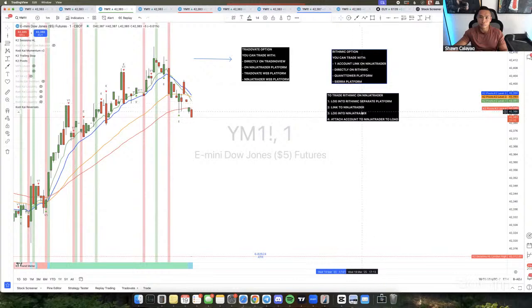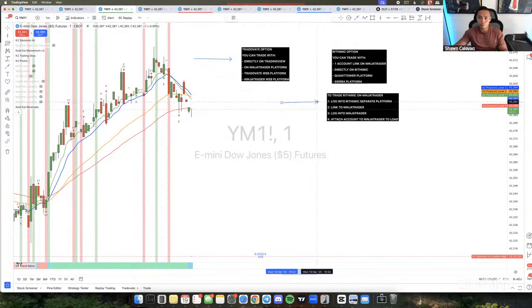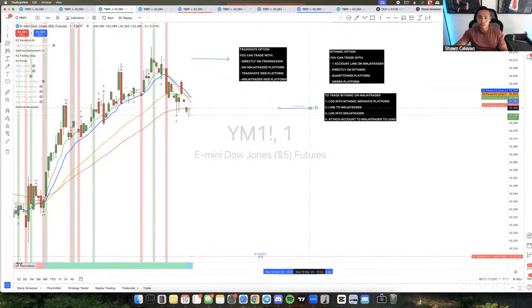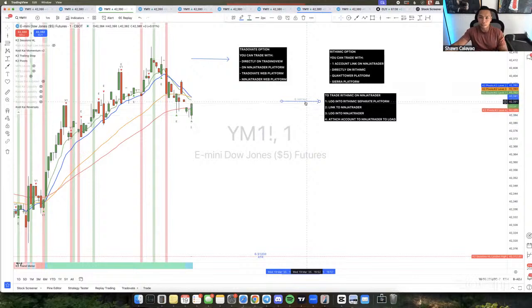This is what happened with me. I blew the account because I was logged in. You have to log into Rhythmic first, right? And then you log into NinjaTrader. So what happened was I did all this, and then when I was trading on NinjaTrader, I lost connection through the Rhythmic platform. So I was stuck on NinjaTrader, but I couldn't log back in. I was in profit, it hit my TP, and then I had a connection issue, and there was no way for me to get in, and I ended up blowing the account because you have to go through loops and holes to basically trade on NinjaTrader with Rhythmic.